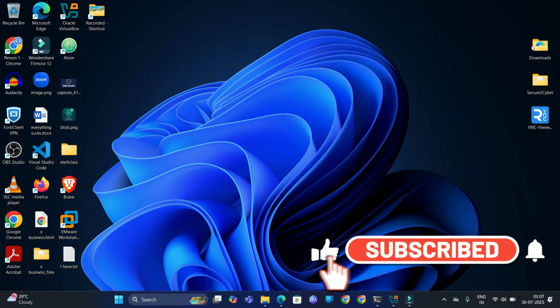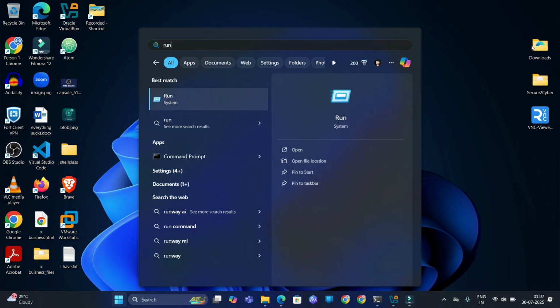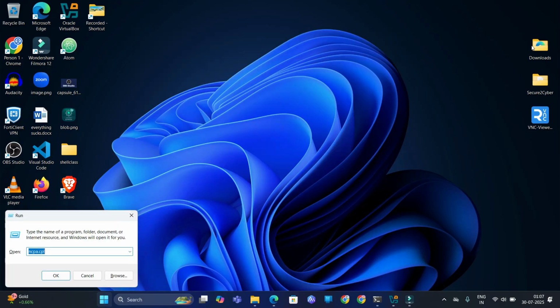So how can you change your IP address? If you want to change your IP address, you have to search Run. Click the Start bar or search Run, and you can press Windows R. When you press Windows R, the Run dialog will appear. Here you have to type